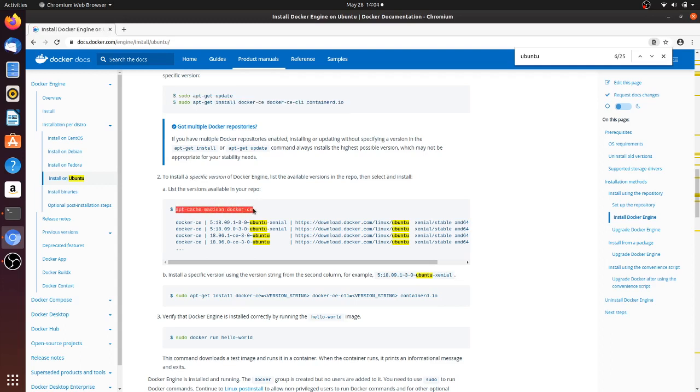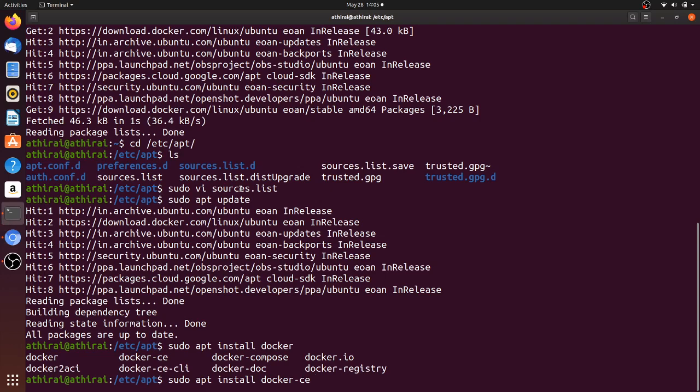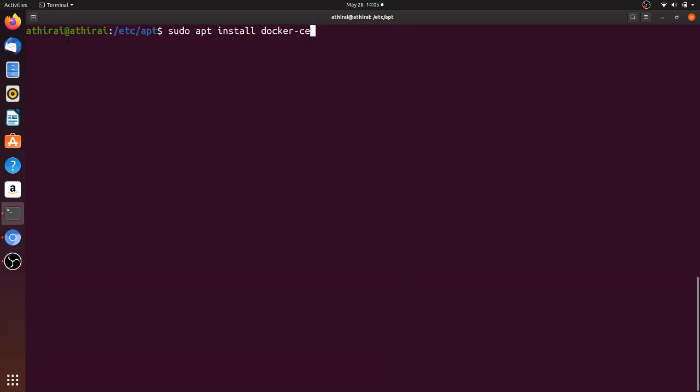If you want to install any other specific version of Docker, you can run this command and it will list all the versions, and then you can pick a specific version like docker-ce equal to, and copy-paste the version you want. But in this session I'm just going to show you how to install the latest version. So I'm just going to run sudo apt install docker-ce.